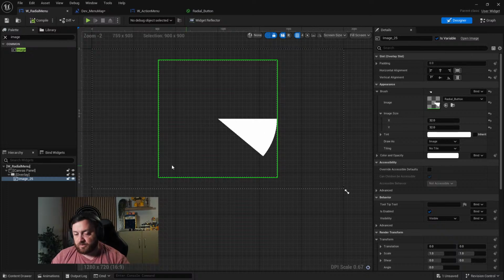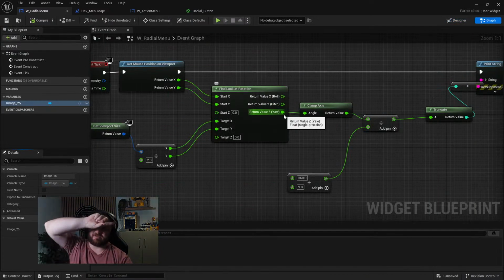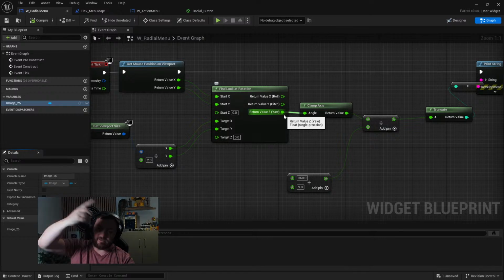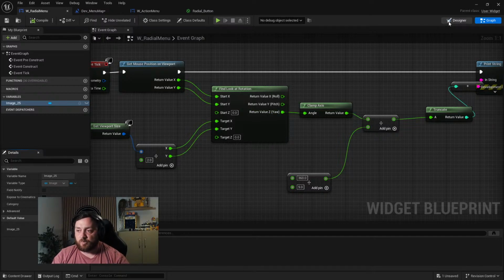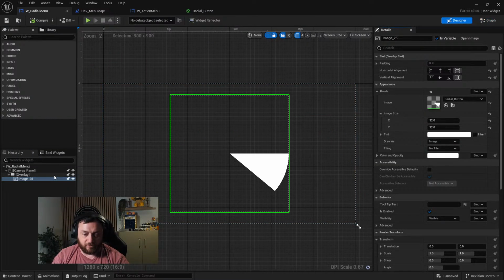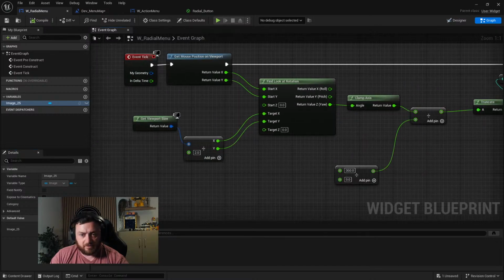Now, this is obviously just one thing in here. So you've got a couple of ways to do it. You can have multiple images that light up as you go around, or you can have just one that's rotating around on a background image which has got all of them laid out. We're probably going to do the former version, have all of them and just mask out which ones we want to be seen and what ones we don't want to be seen. As it's probably better in that case to get that Day of the Technical look of the radial menu type setup they've got. But just to show this working, we're going to make this image here, change the material parameter